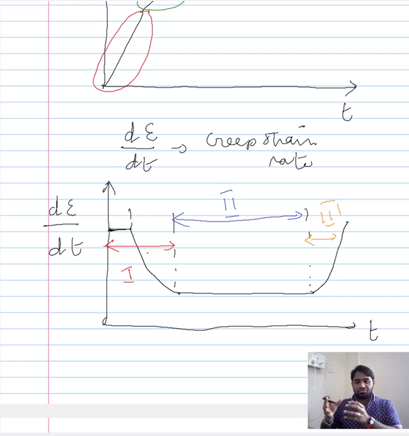Because the rate of the strain changes, we were able to section the overall creep curve into different regions or different stages. Had there been no change in the strain rate or creep rate, we would not be able to section the overall creep curve. However, in a representative crystalline material, there is a significant change in the creep rate or the slope during